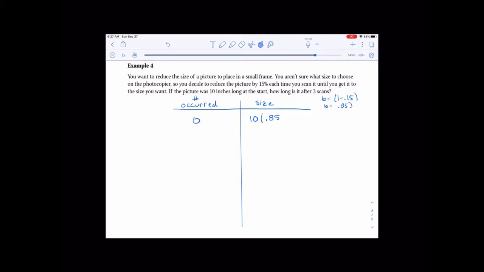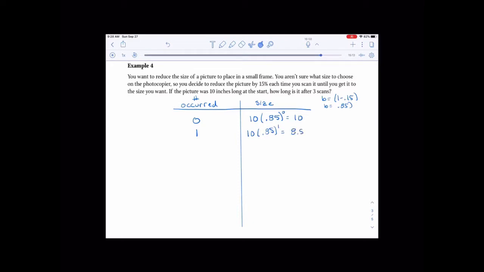So we'd have 10 multiplied by 0.85 to the 0 power, which is just equivalent to 10, because 0.85 raised to the 0 is 1. Okay, after it has been reduced 1 time, we would have 10 multiplied by 0.85 raised to the 1st power, which is equivalent to